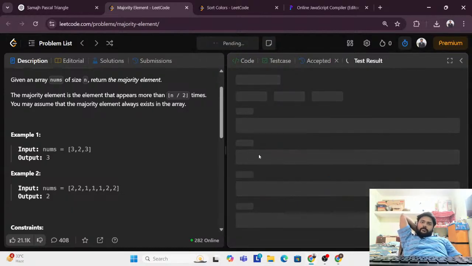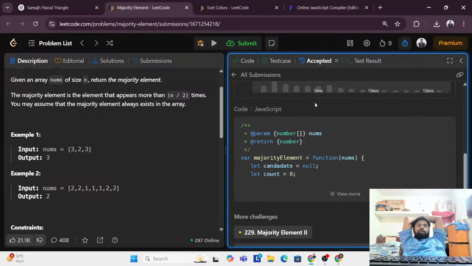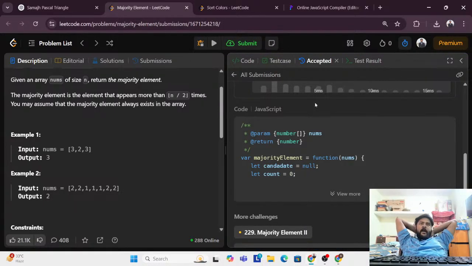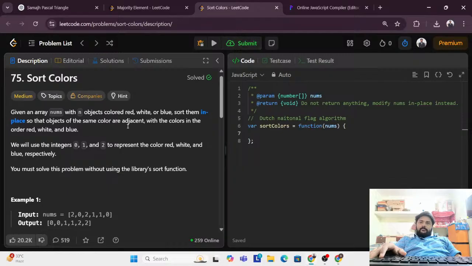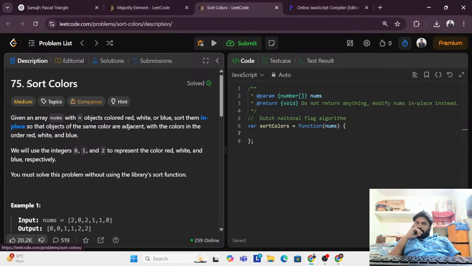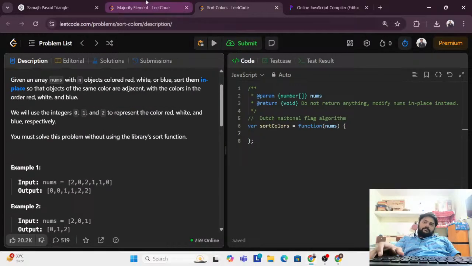Let's see if it is working or not. Oh, it worked! I love this solution. In the next video, we'll solve a question on short colors, which is a medium level question, and we'll try solving it. So till then,